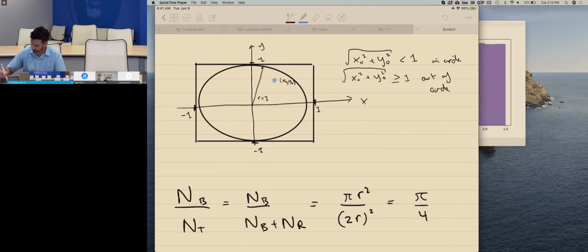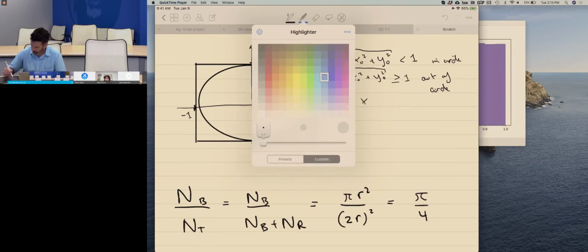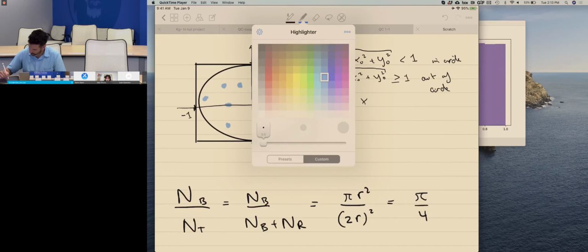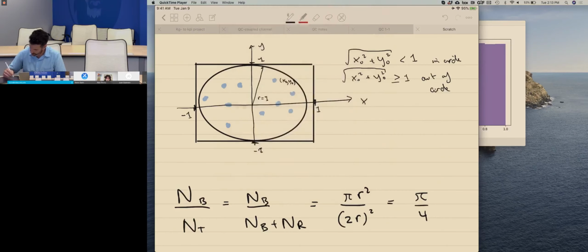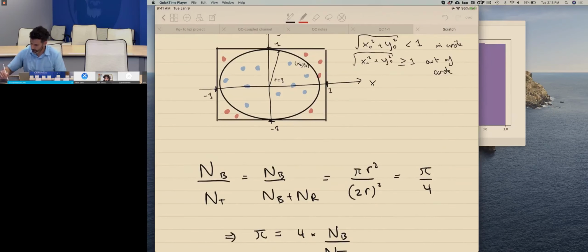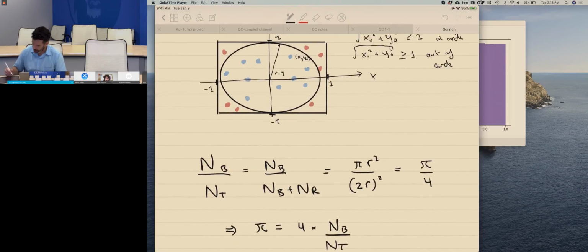And so if it's inside of the circle, we're going to label these as blue in my picture. And so they're going to land somewhere in between. It's random, right? And then if it's outside of the circle, but inside of the square, we're going to make that red. Okay? That's the idea. And the point is that the probability of me being blue